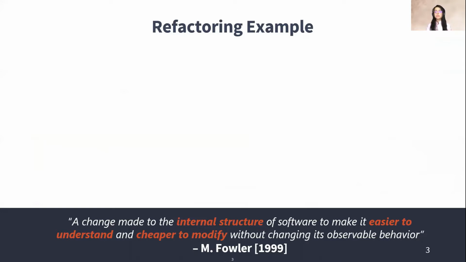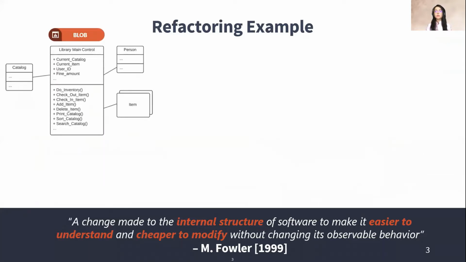To better understand this definition, I have here an example where we're trying to refactor a blob class. The blob is an anti-pattern found in designs where the majority of the responsibilities are allocated to one complex class, while the other classes are simple data classes. This makes the code difficult to read and hard to maintain, and it can even affect the availability and functionality